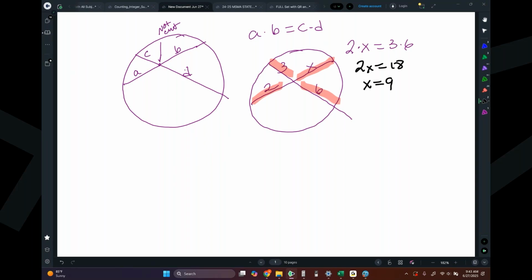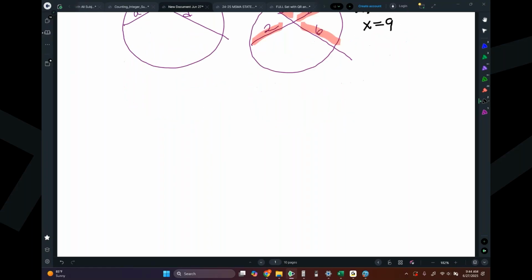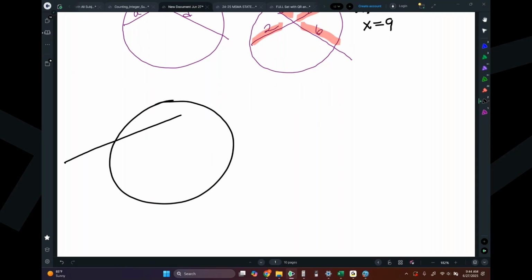Those are typically really easy to do, because it's just some kind of simple multiplication. But that's the first chord theorem. If you don't know that theorem, you should be writing it down, okay? The second chord theorem is what happens when it gets